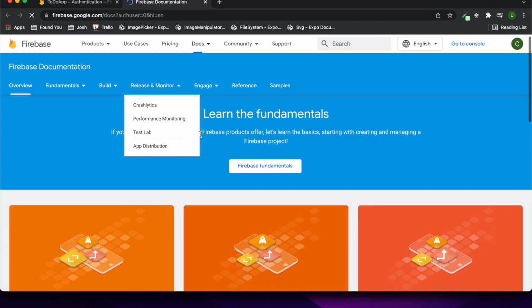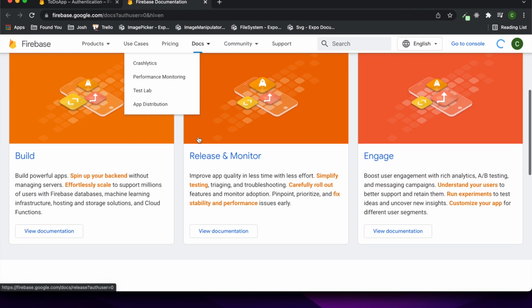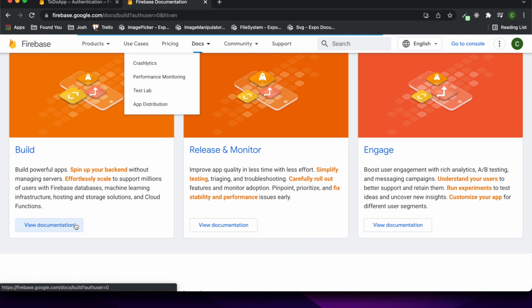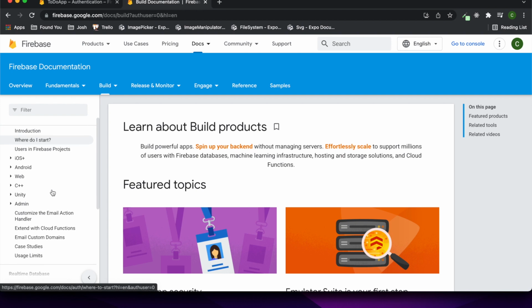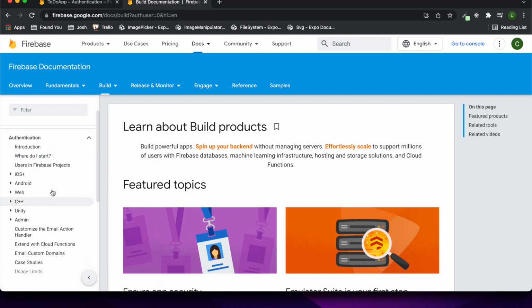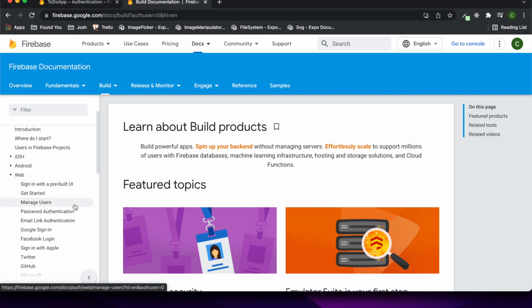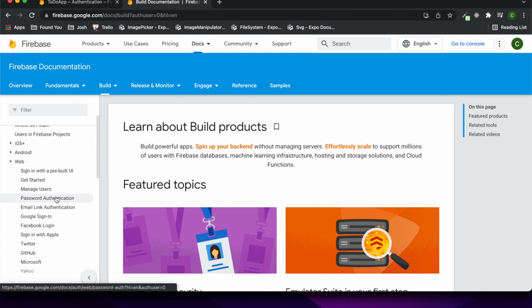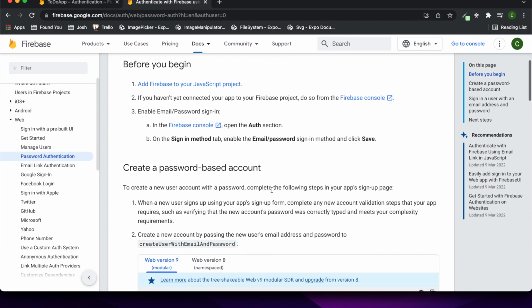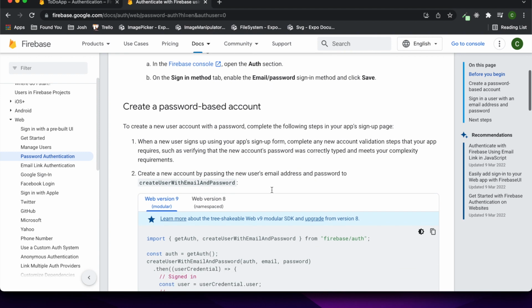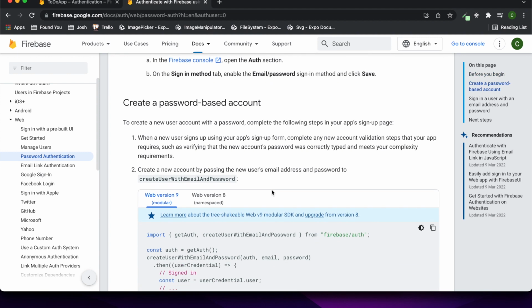And if you go to the documentation, you can see a bit on how to actually incorporate Firebase authentication. So there's this authentication section, and you can click through and find what's useful to you. I'm going to be using web because I'm using Expo React Native, and I'm using password authentication, so that's where I'm going to go. So I've done the first step, which is adding Firebase, and this will give you the